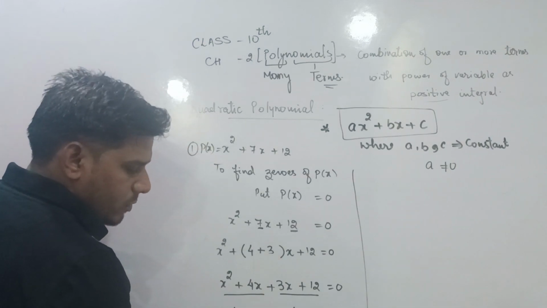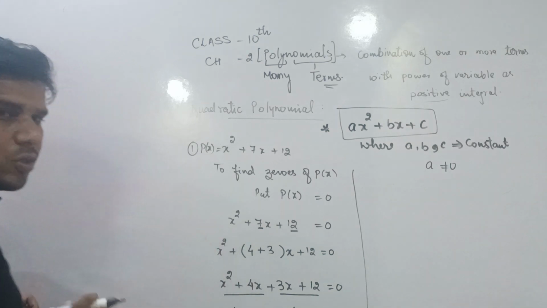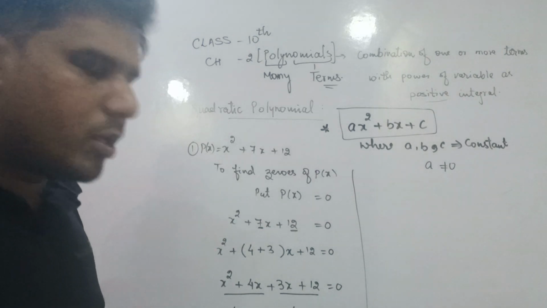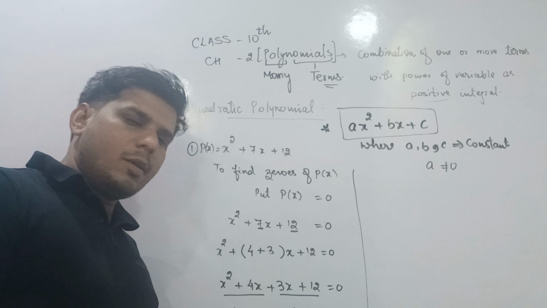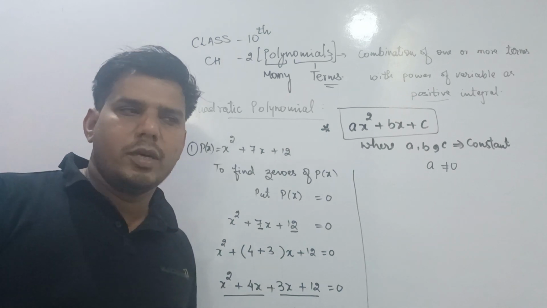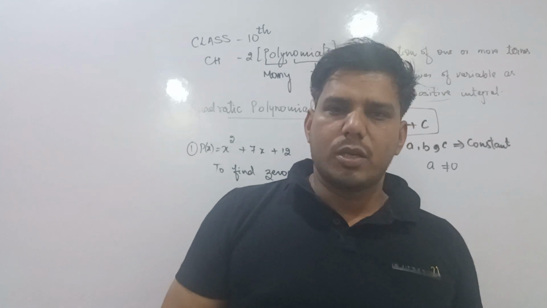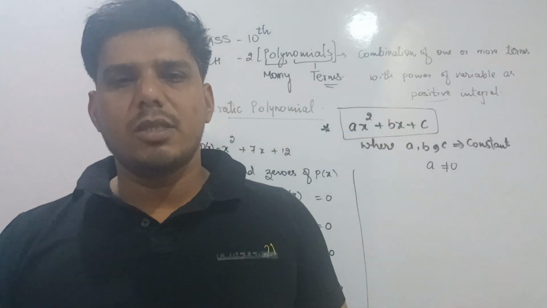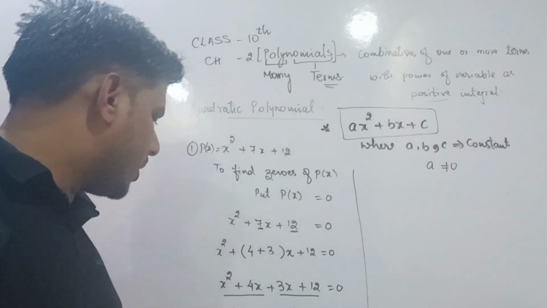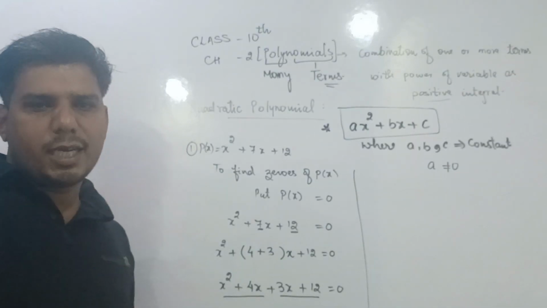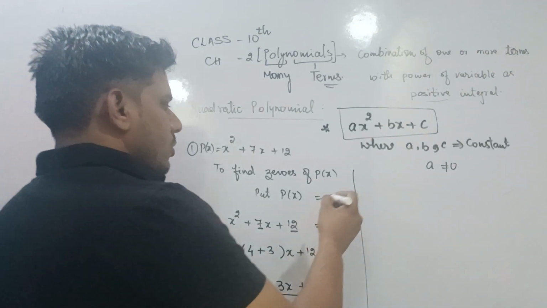अभी हम यहाँ पर बोल सकते हैं x प्लस 4 और x प्लस 3 दोनों के बीच मल्टीप्लीकेशन का साइन होगा, दो ब्रैकेट के बीच कोई साइन नहीं है, मीन्स मल्टीप्लीकेशन साइन होगा। और अगर यहाँ पर दोनों के बीच मल्टीप्लाई साइन है और इक्वल टू 0 लिखा हुआ है, तो हम बोल सकते हैं दो नंबर का प्रोडक्ट कब 0 हो सकता है? दो नंबर का प्रोडक्ट तभी 0 हो सकता है जब उनमें से एक नंबर 0 हो। या तो हमारे पास x प्लस 4 0 होगा या फिर x प्लस 3 इज इक्वल टू 0 होगा।